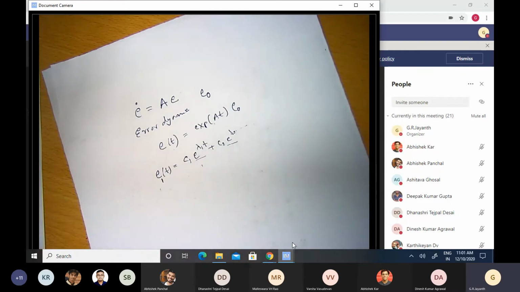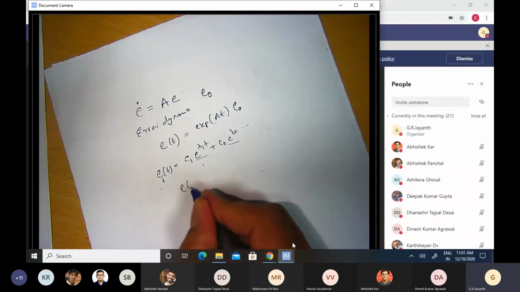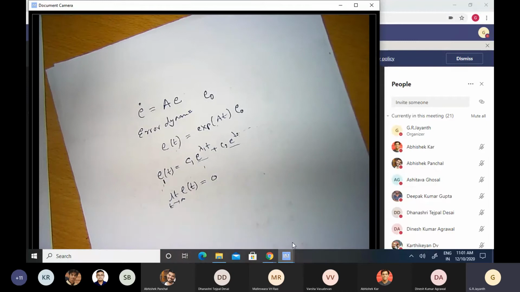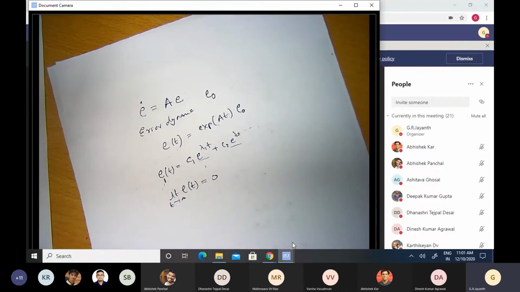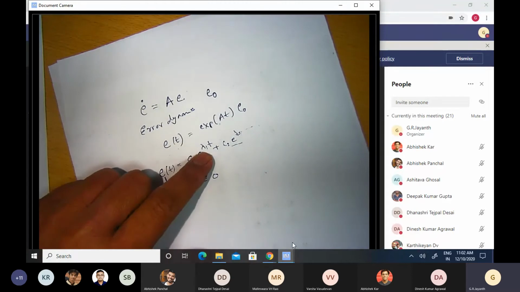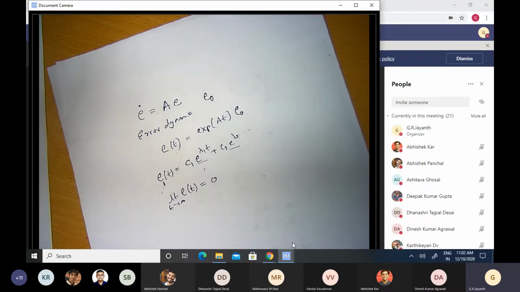will be decaying exponentials. And what will happen to the error as time progresses? The error will progressively become 0. Okay, it will become smaller and smaller as function of time until it will be of negligible concern to us engineers. So for all practical purposes, E will become equal to 0. E of t will become 0 in the limit t tends to infinity. Of course, t tends to infinity is a mathematician's way of writing it, but this becomes 0 within a few time constants, within a few multiples of the largest time constant.